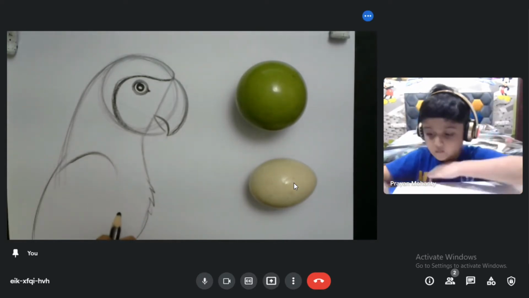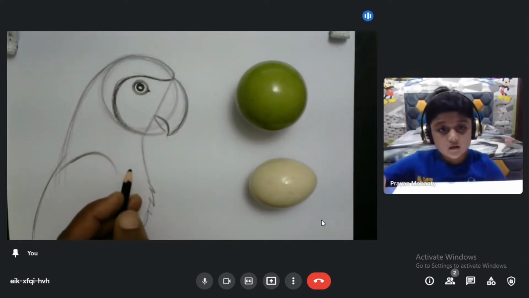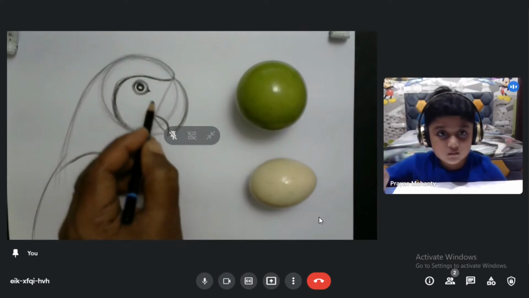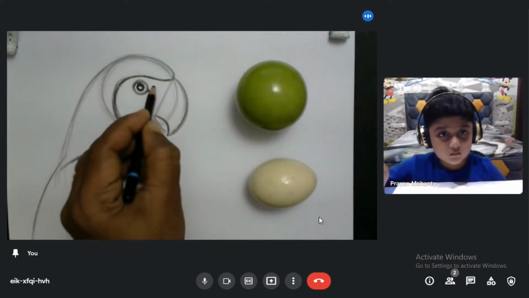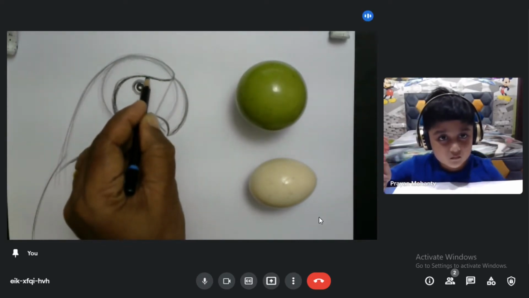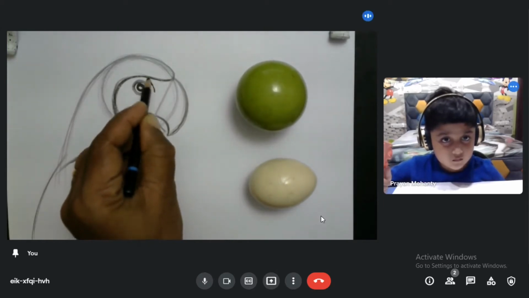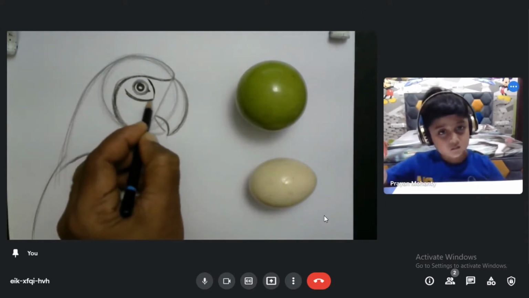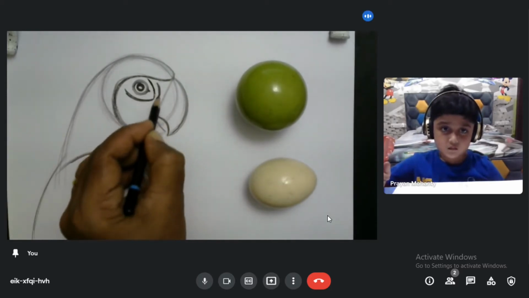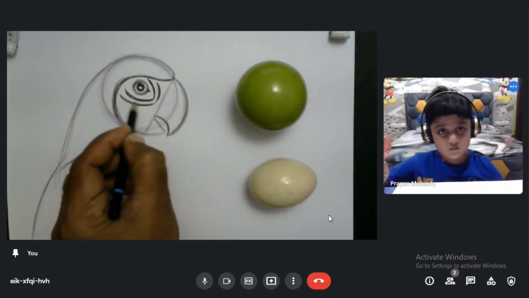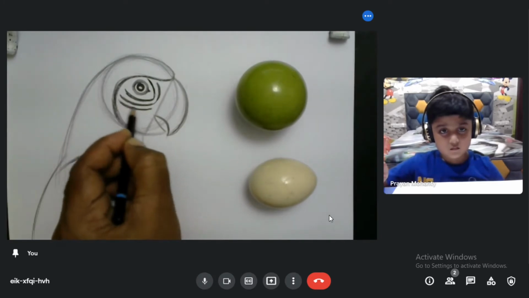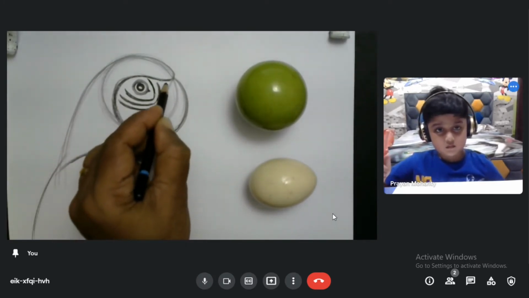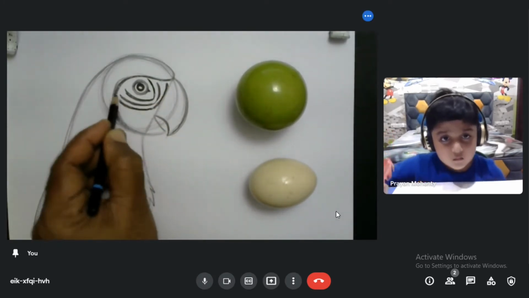Okay, yes, sir. So now after that, for the macaw, I just do one thing. Very simple. It is like this. See, it is not that tough. Like 1, 2, 3. Okay, like this.